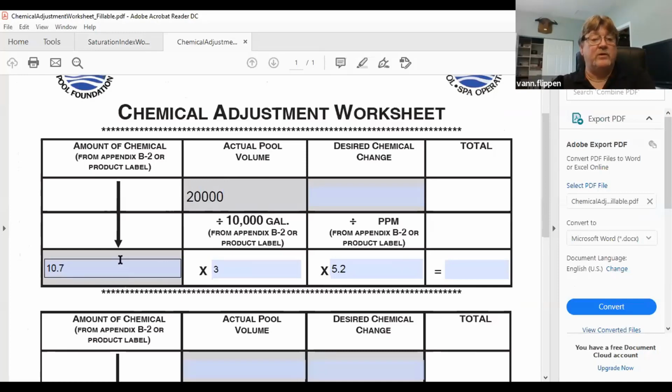It's right there written for you. And I'm going to use liquid chlorine bleach, which is 10.7 fluid ounces, to make a 1 part per million change. My desired chemical change, let's say I wanted to increase it 3 parts per million. So 3 parts per million divided by the 1 would give me the 3. 20,000 divided by the 10,000 would give me 2. Then I could multiply the 10.7 times 2 times 3 equals